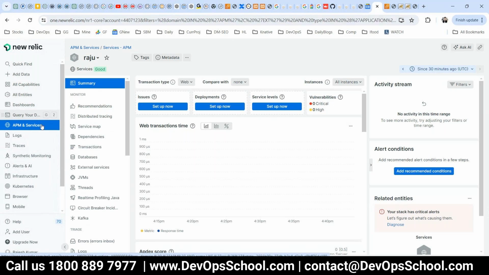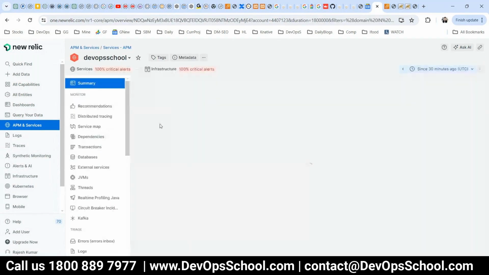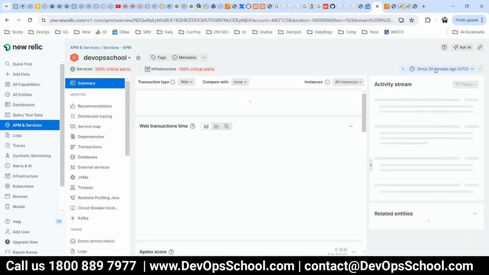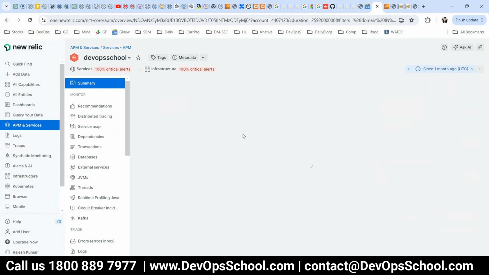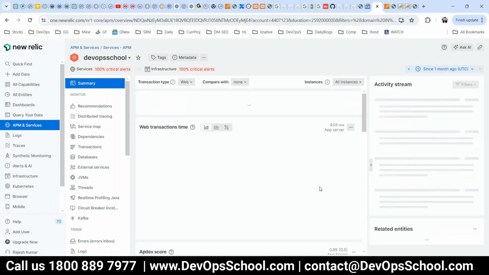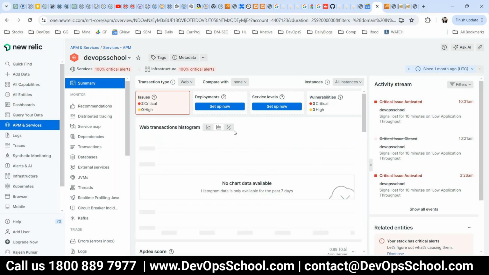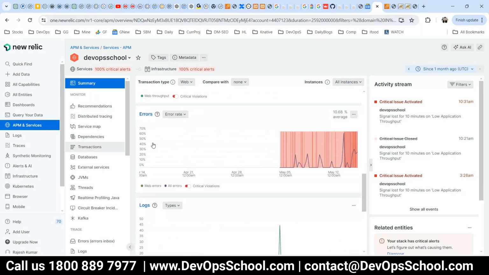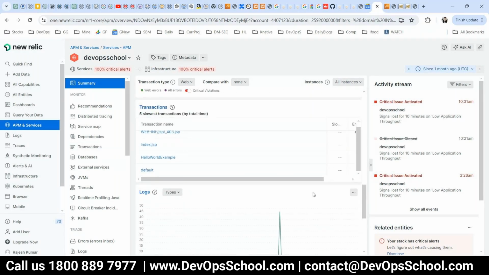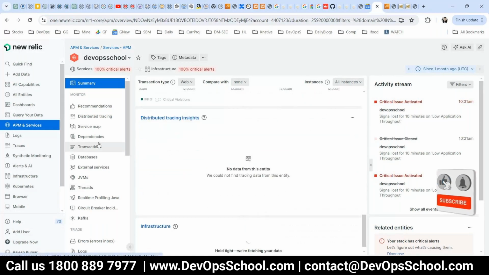So go to the Debug.School now, and here if I show you the last 1 month of data, some visualizations will be there. See, so these are all you have to study now: transaction time, historical histogram, update score, throughput, number of errors, top transactions, logs, and many more. Each trace you want to study, so you click on distributed tracing,